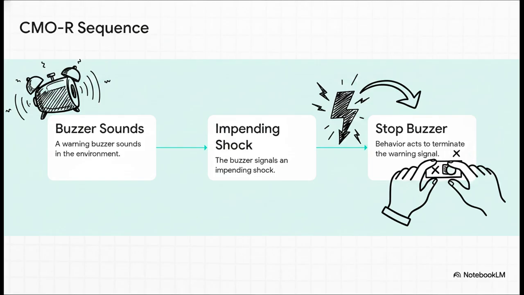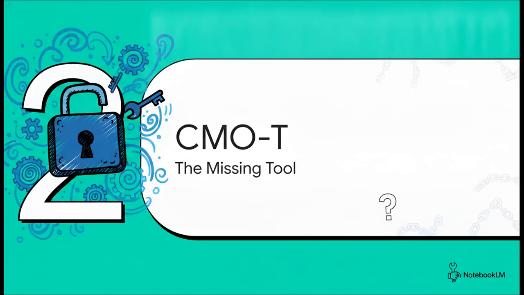So what logically happens in the final step? Well, the behavior is triggered to stop the buzzer. You don't just act to escape the shock itself, you act to terminate the warning signal entirely. Turning off that buzzer becomes incredibly reinforcing. The whole takeaway here is that your behavior is all about escaping that warning. Section 2,